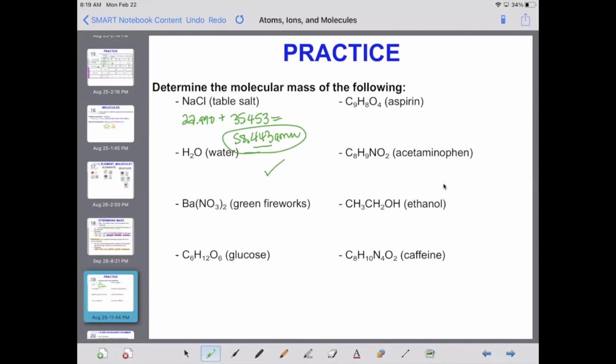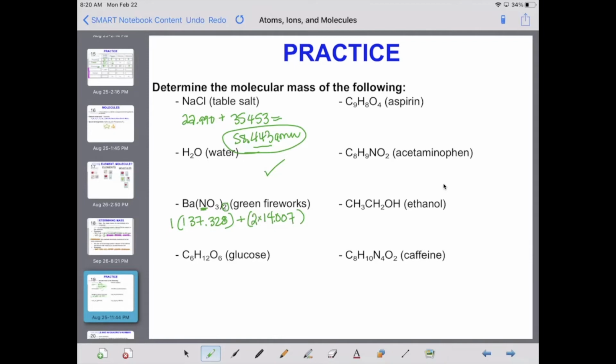Let's go down to Ba(NO3)2. So barium nitrate is what's responsible for the green in fireworks. Let's take a look at this one. For barium, we have 137.328, and that is times 1 because there's only one barium. Plus, for nitrogen, we have 14.007, and we have to see how many nitrogens we have. There's 1 in this unit, but then there's actually 2 here. So that's going to be 2 times